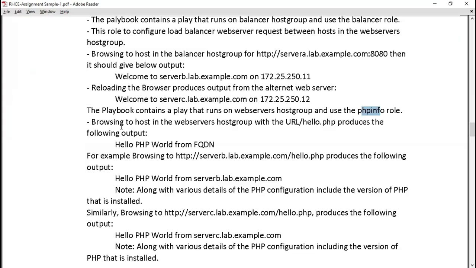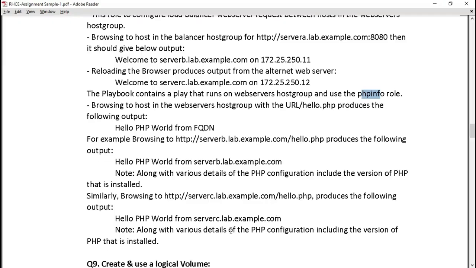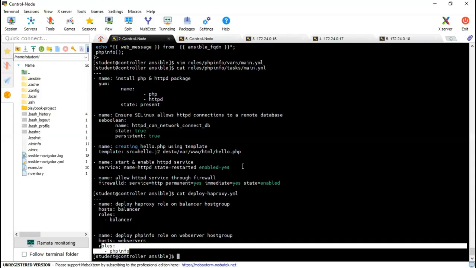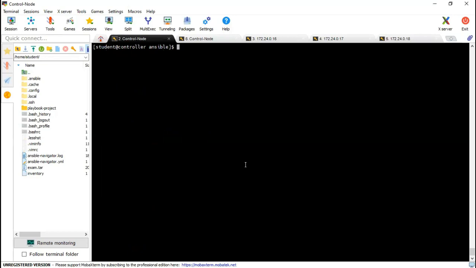Now when this is executed, whenever we browse the web server URL /hello, it should print something like this. Along with various details of the PHP info, including the version of PHP that is installed. It will also show which PHP version is installed there. So we are done with our playbook now.